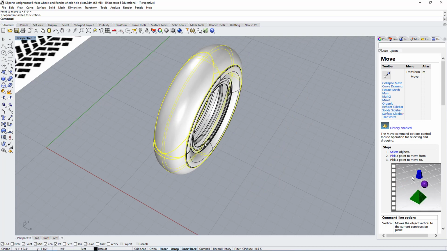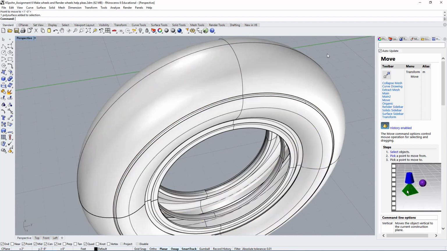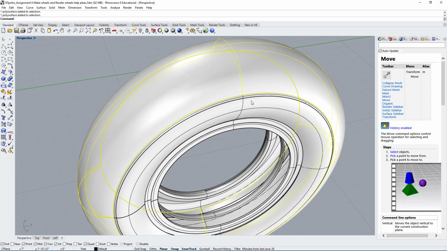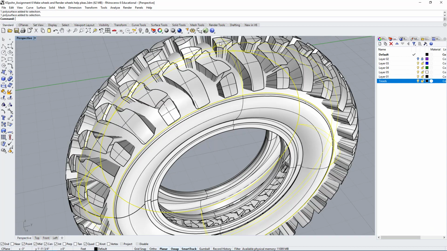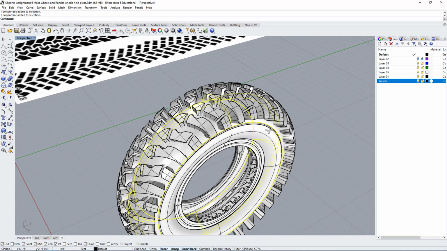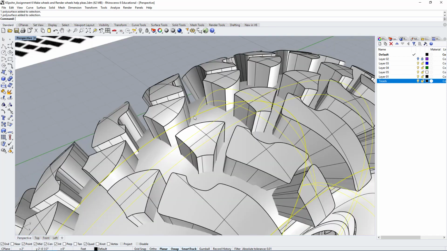So now we have this solid, and we still have the surface underneath. So we have a duplicate surface, but one is a solid, the other one is a placeholder surface. And the reason why I wanted to do this is because now I can use a Boolean union, or I should say a Boolean operation, to only keep what's between the volume inside this solid. So we can go up here and we can use this one here, Boolean intersection.